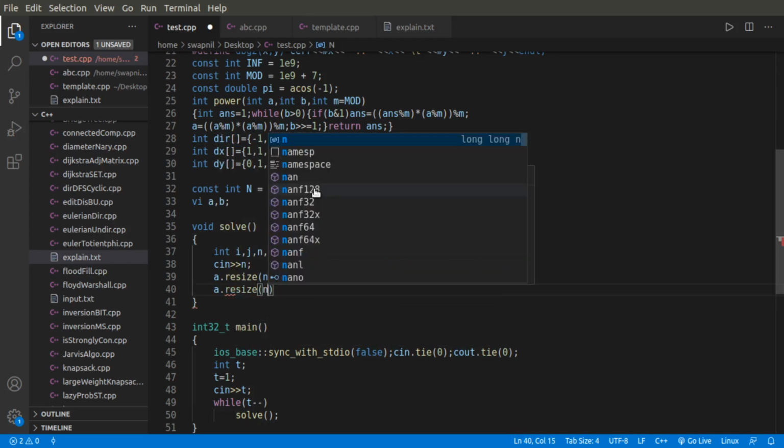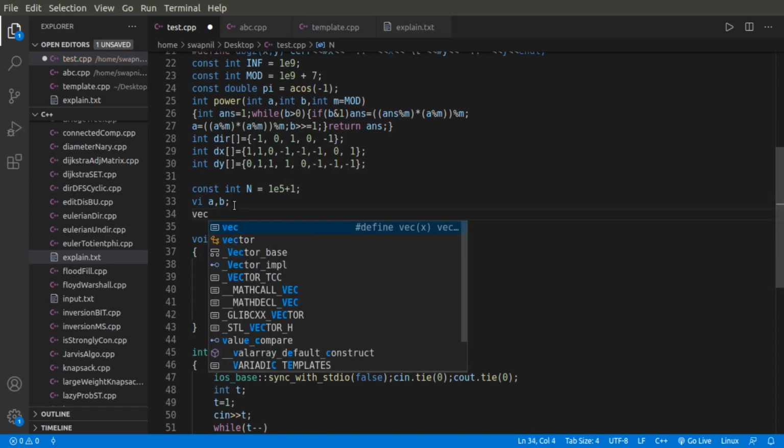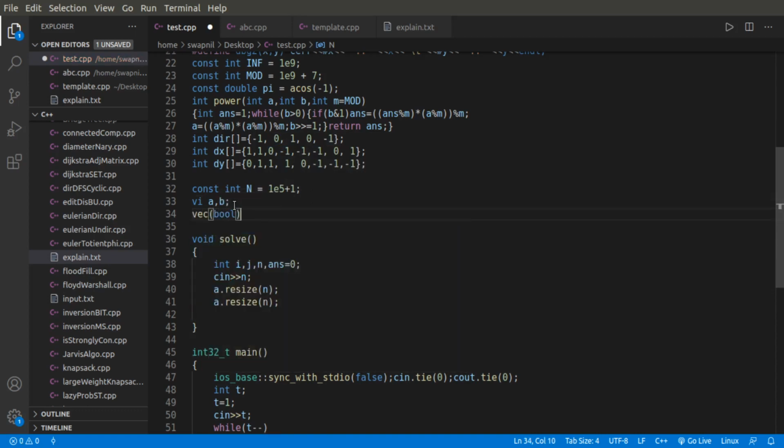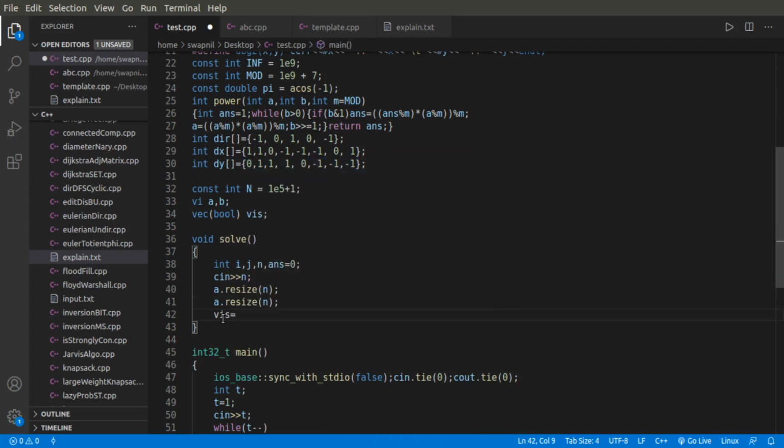We will also be using another vector, a boolean type vector, visited. This is for the topological sort. I guess this topological sort is pretty easy, and you must have read about it.